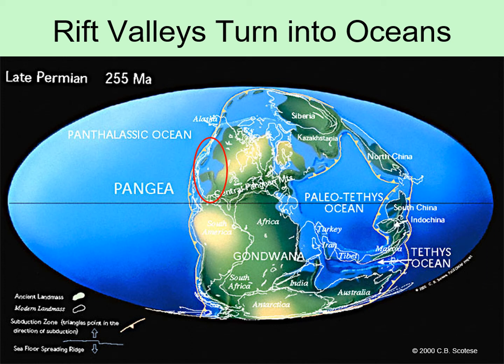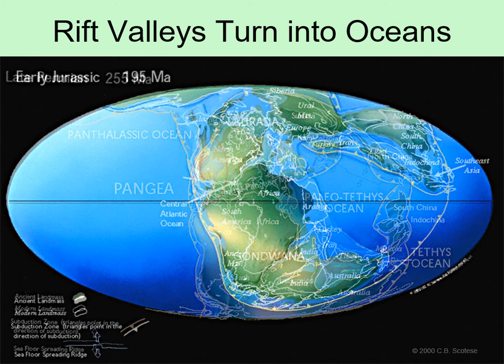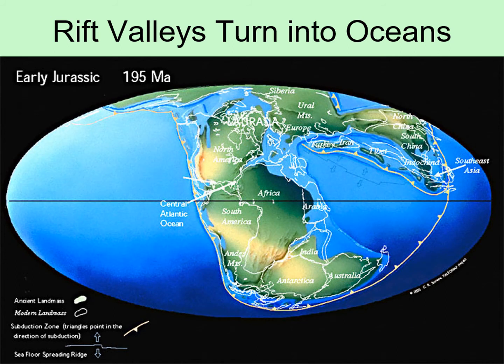By 195 million years ago, early in the era of the dinosaurs, much of Asia had split off from the rest to form an early version of the Indian Ocean. Notice that India was wedged in next to Africa, and a new mountain range was developing along the west coast of North America. Also, a rift zone is developing on the east side of North America, splitting it off from